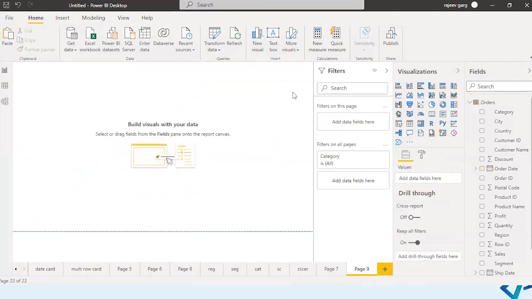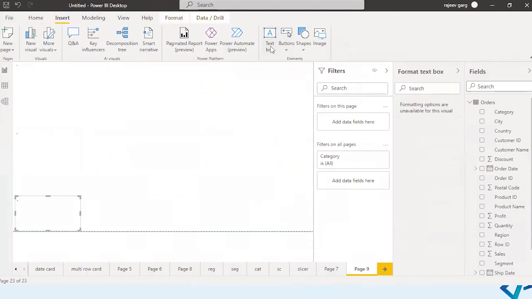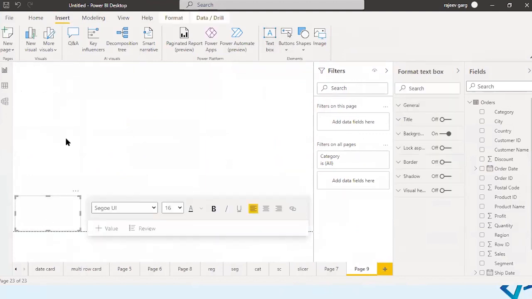So you will see various objects over here. You can go to Insert and you will see text box, button, shapes, images. If you want to insert one, you can simply select a text box. Here it is. Now you can write whatever.